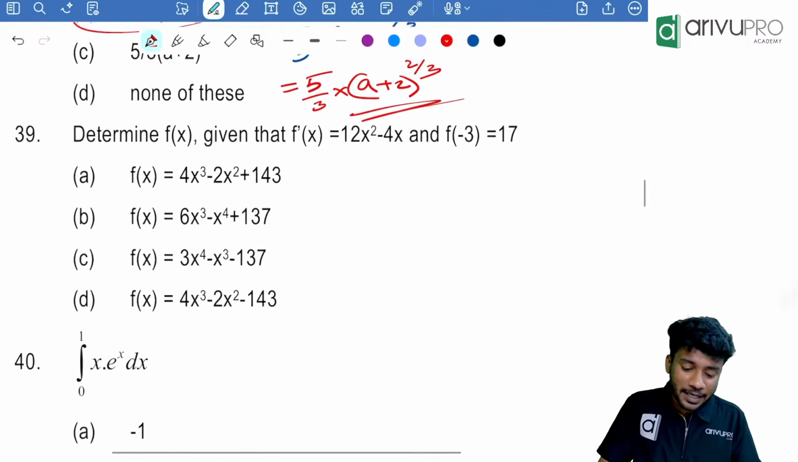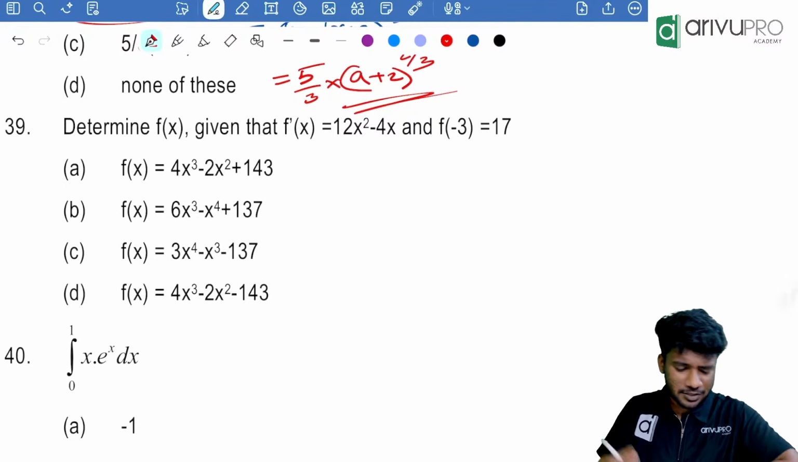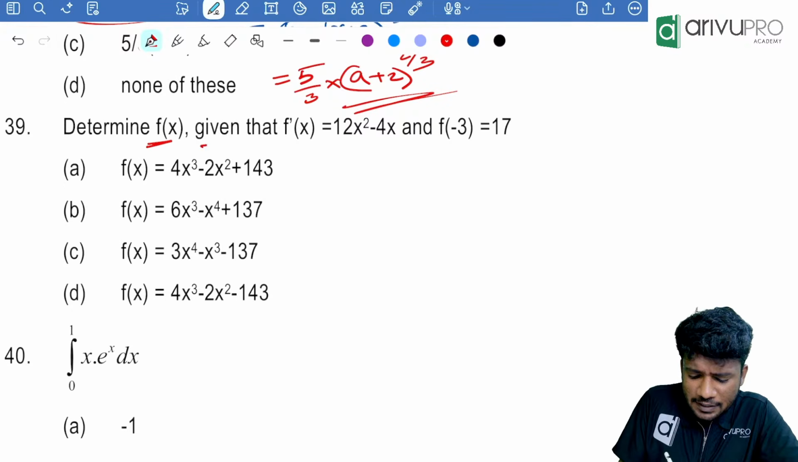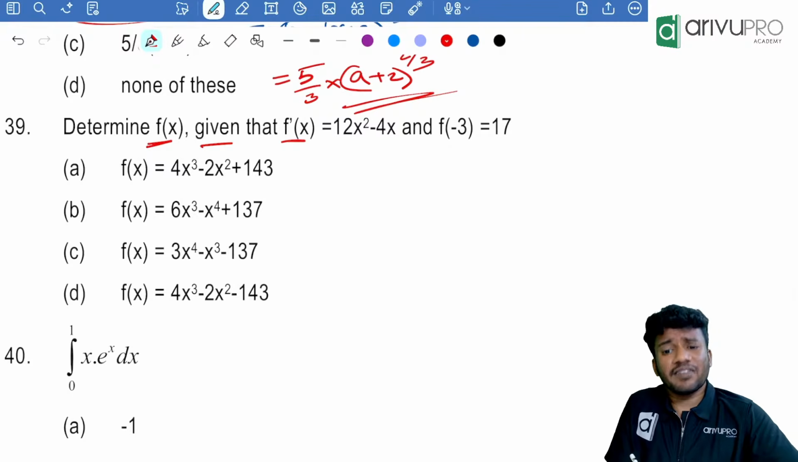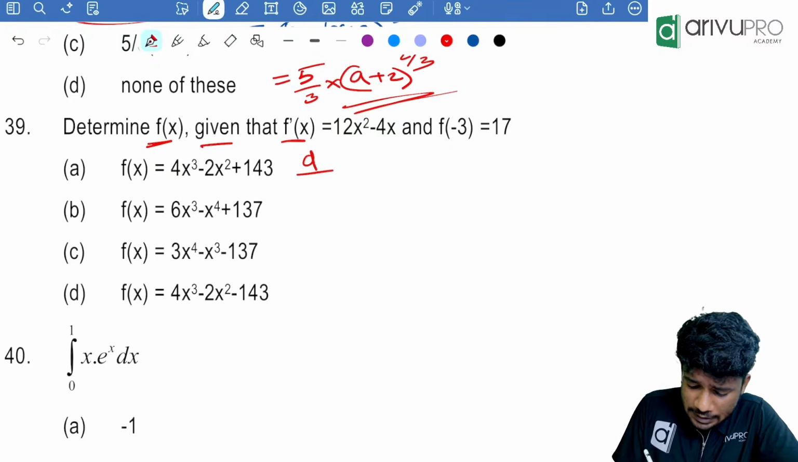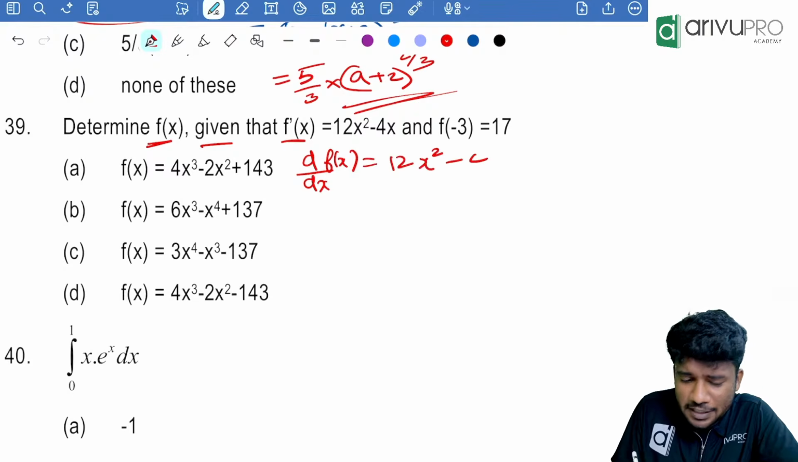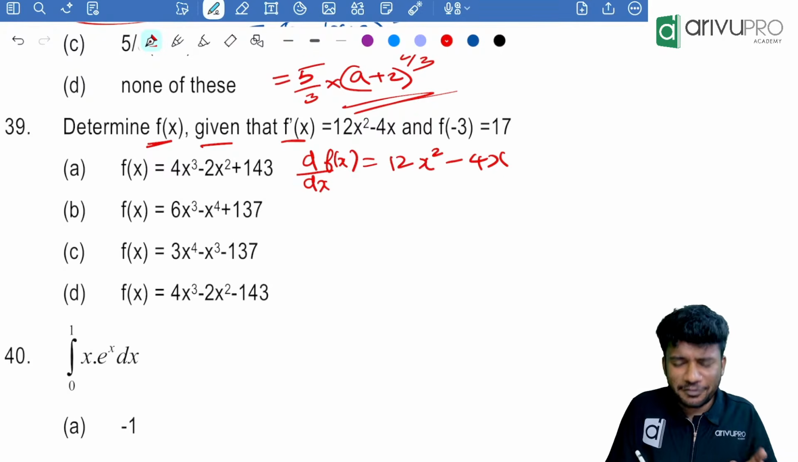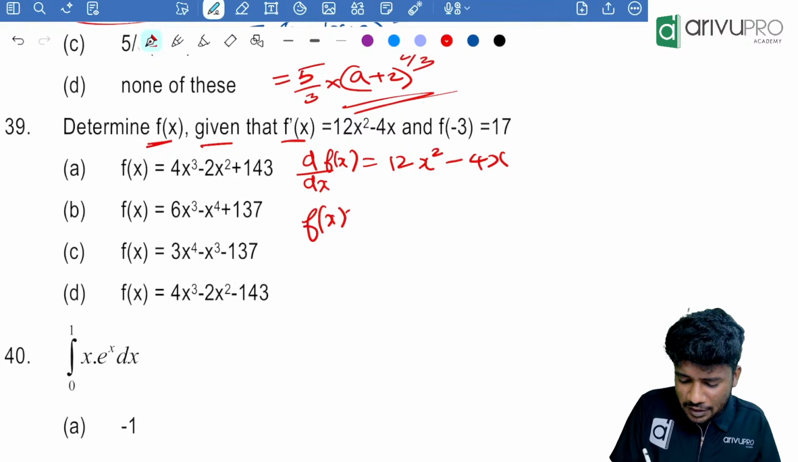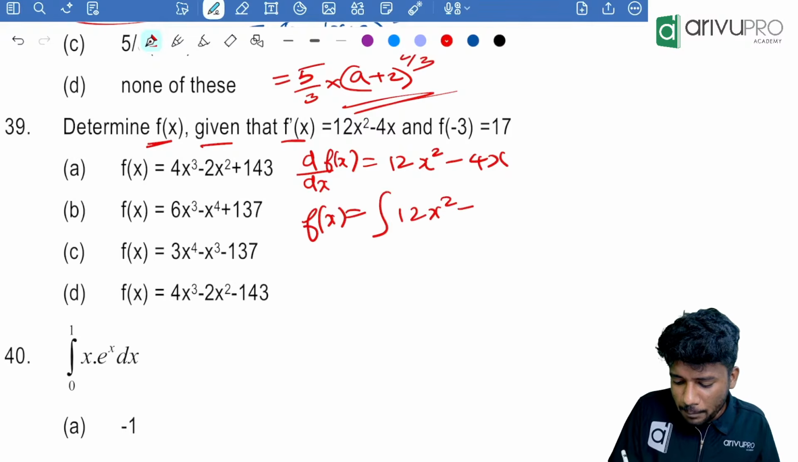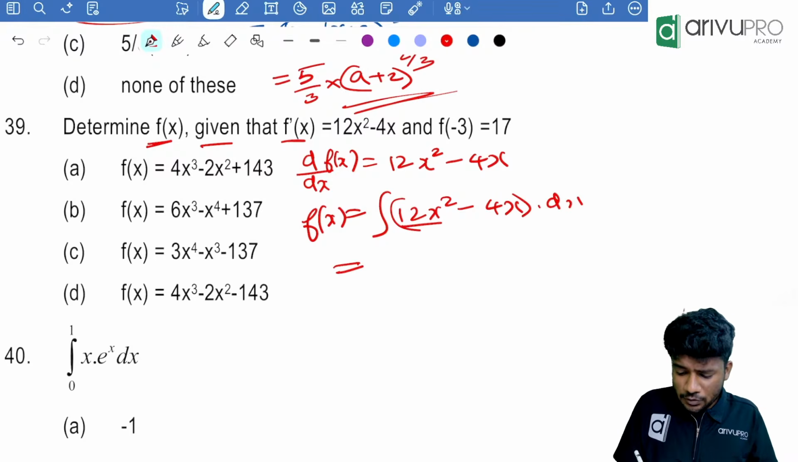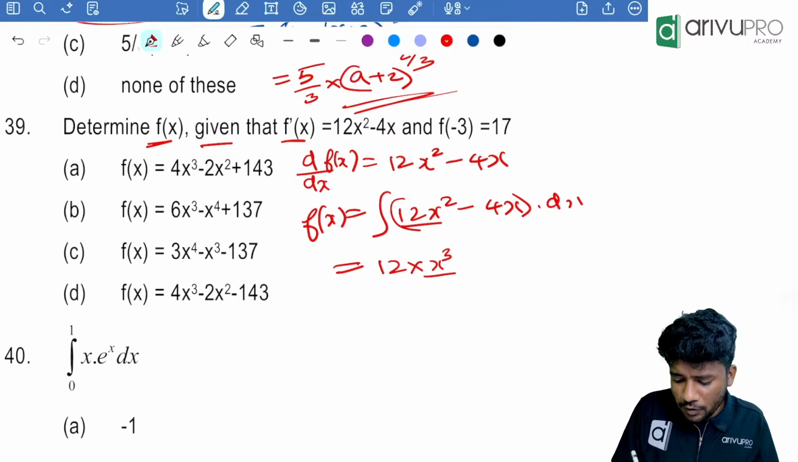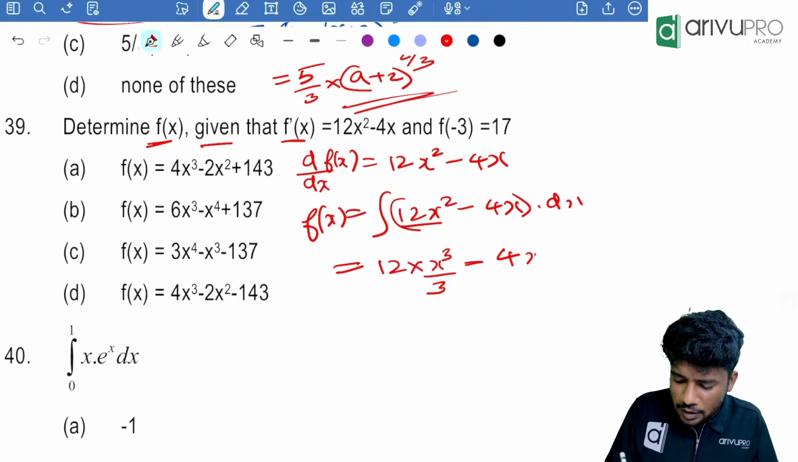Next one. Determine, another direct question based on chapter 8. Determine f of x given that f dash of x is equal to 12x square minus 4x. People, they have given the derivative of f of x. That is 12x square minus 4x. Now people, how to find the value of f of x? Integrate it. F of x is nothing but integral of 12x square minus 4x, the entire thing into dx. Now the integral of 12x square will become 12 into x cube divided by 3 minus 4x square divided by 2 plus c,